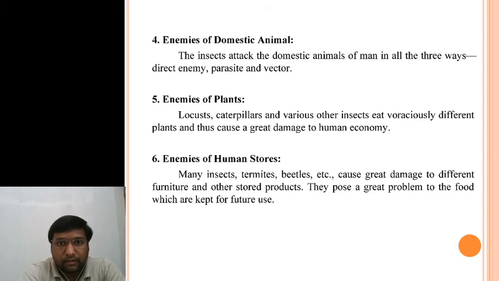Then enemies of plants. Locusts, caterpillars and various other insects eat voraciously different plants and thus cause great damage to human economy. Nowadays you will see in the news